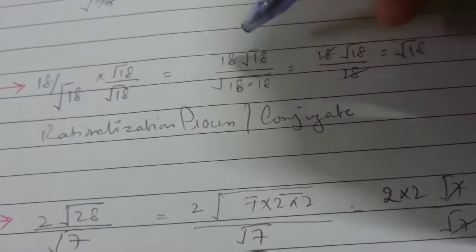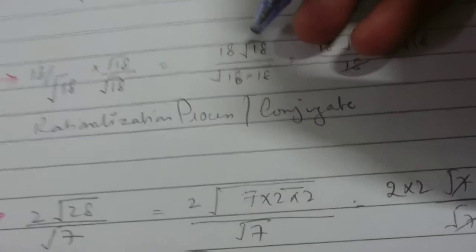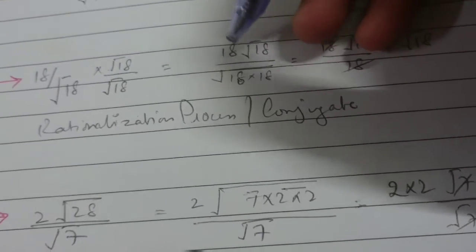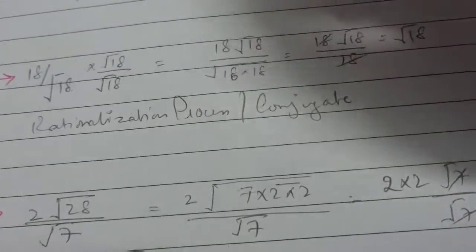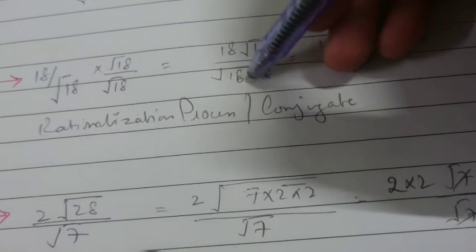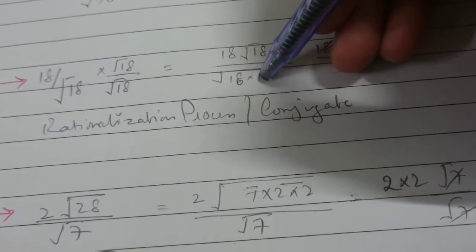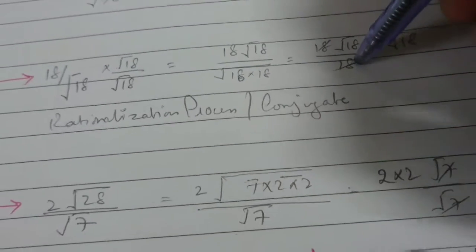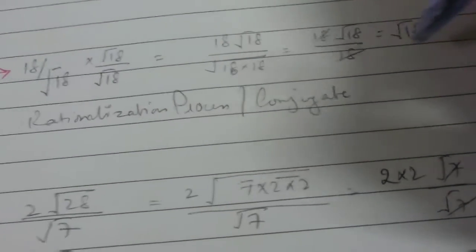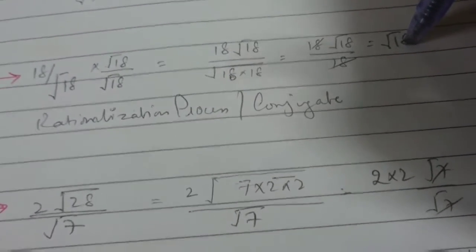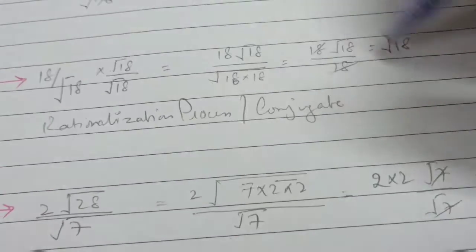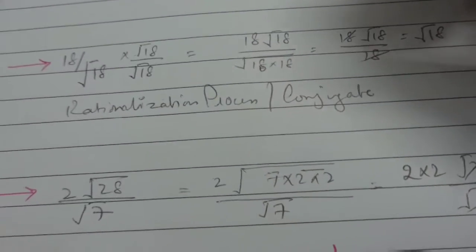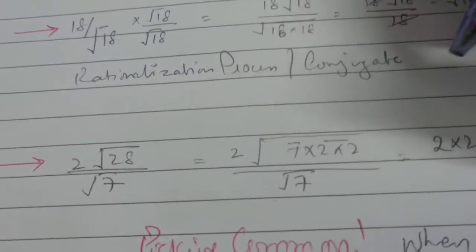These cannot be simplified, because one number is 18 here, and the second you have got a root. So just leave it as it is. You can see here there's an 18 and 18, both in pair form, and you have got simple roots. You can take out 18 exactly like this. Cancel them, and you will get root of 18. This is called the rationalization process. Sometimes you have to do it this way, other than that you have to solve by yourself. Clear? That's called the rationalization or conjugate process.